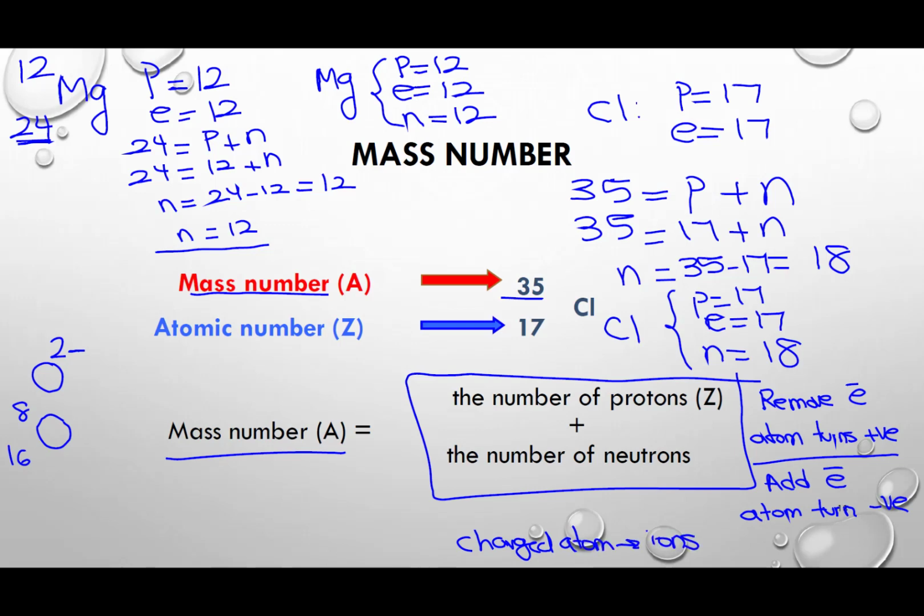That's what ions mean: a charged atom. Here, oxygen 2 negative is an ion. Now you want to know the number of electrons, protons, and neutrons. Look at the periodic table. When you look at the periodic table, that's what you see for oxygen. You will see its atomic number